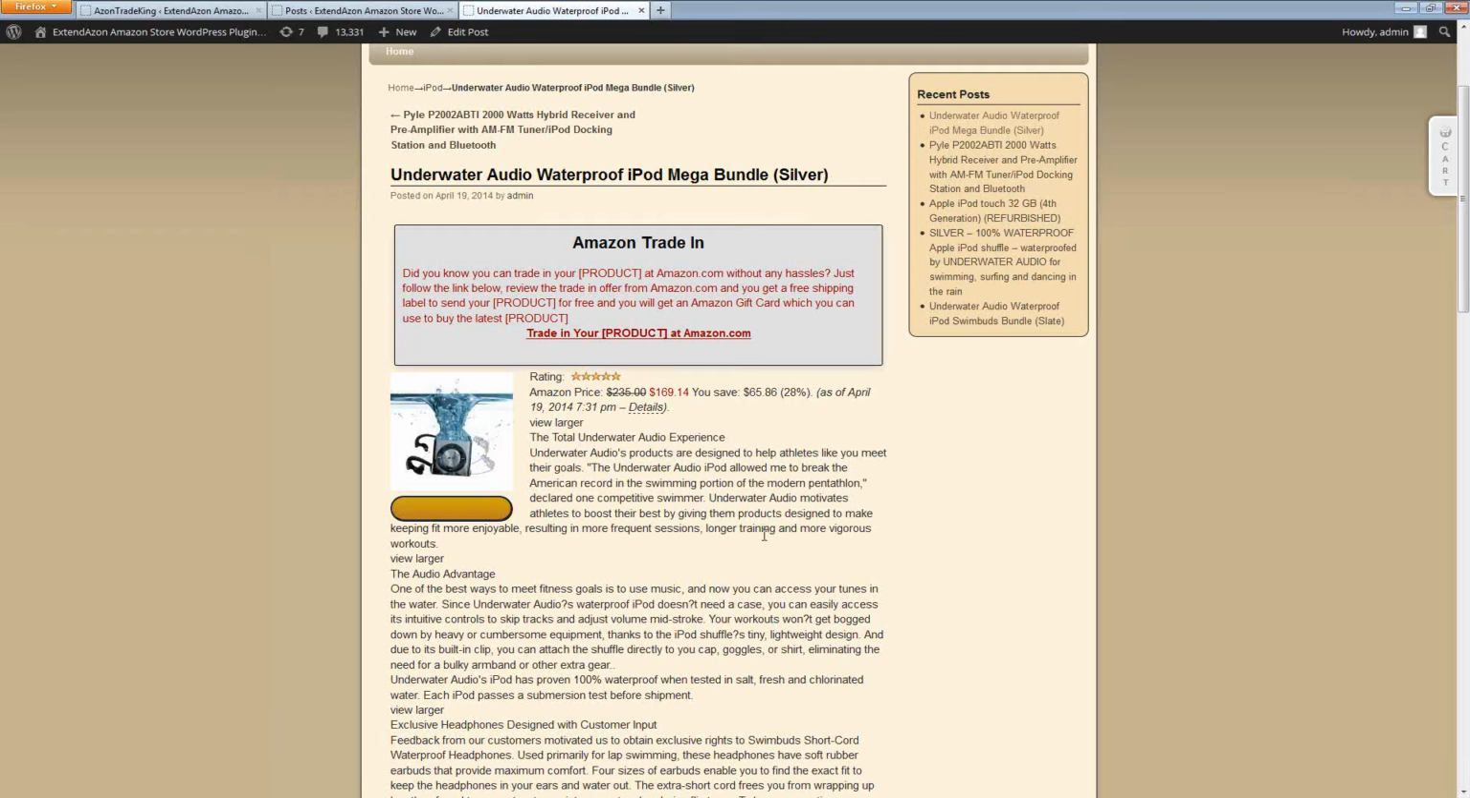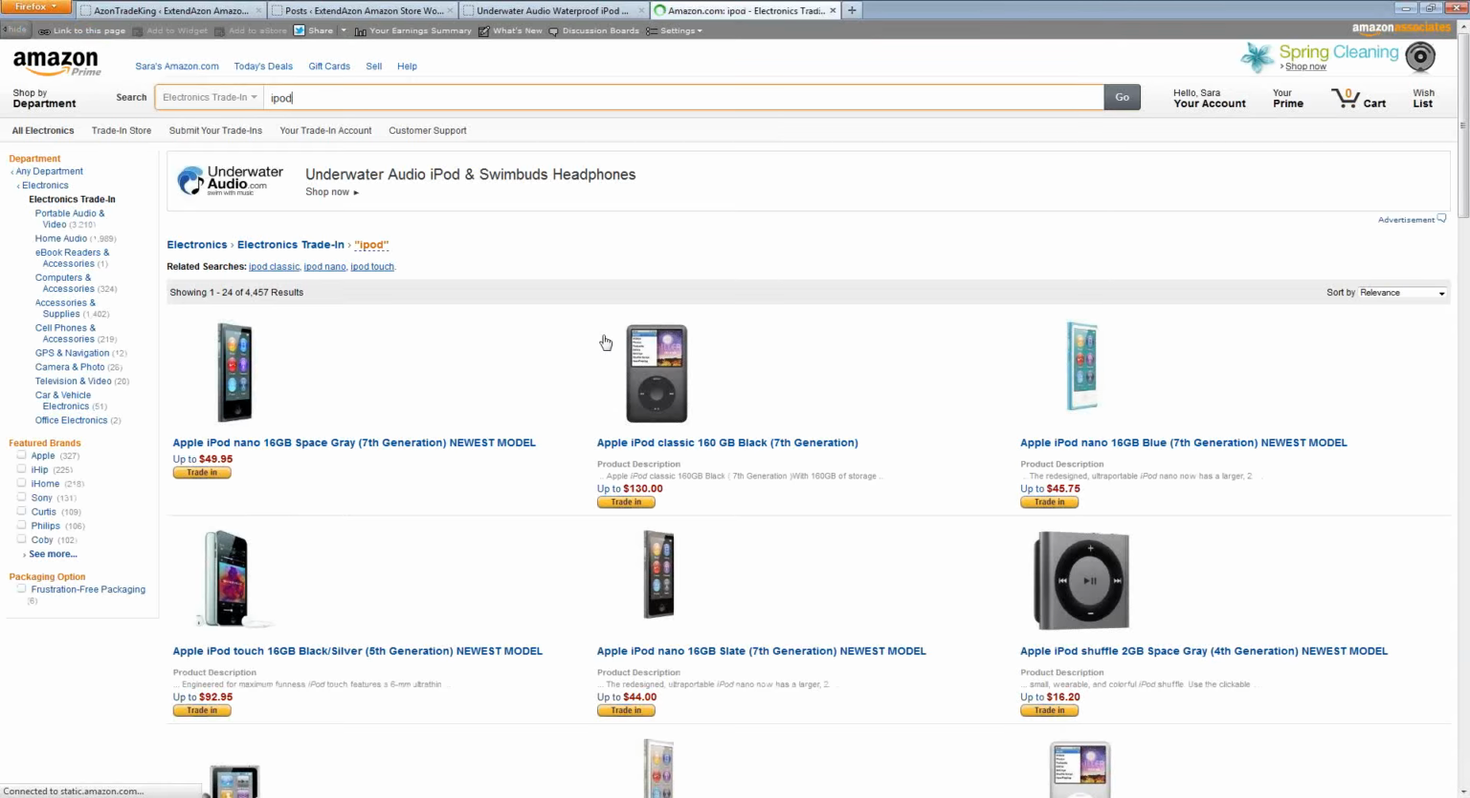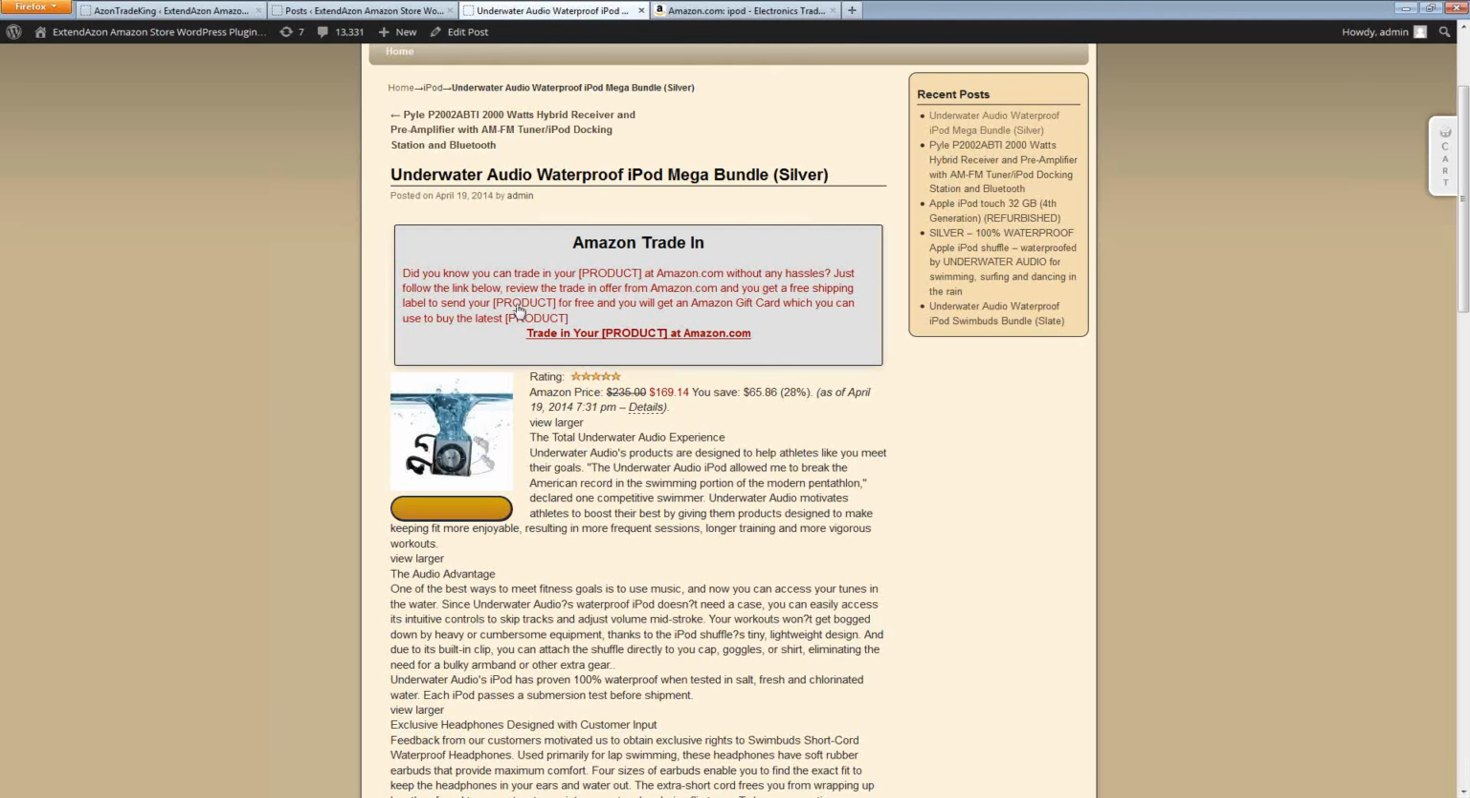So this is a page promoting an Amazon product, and I now have the trade-in box that is attached up here at the top, where it says, did you know you can trade in your product in Amazon without any hassles, etc. So all you have to do at this point is click on that banner, and you are then taken to Amazon. Now what you really have to think about here is, how exactly do you get people to click